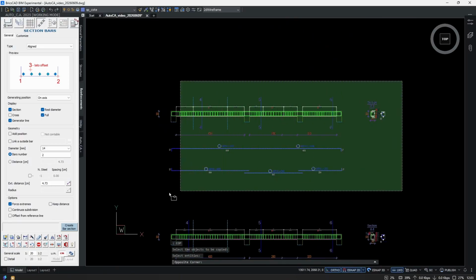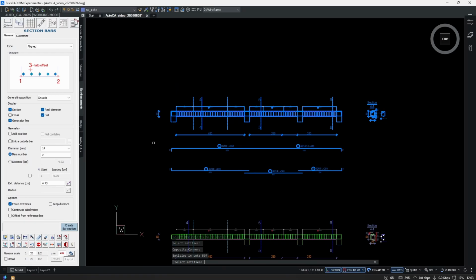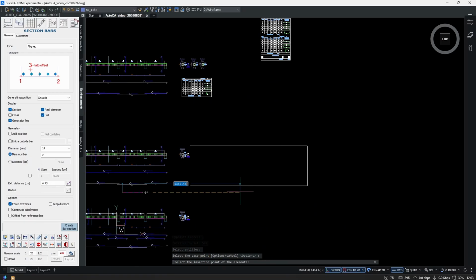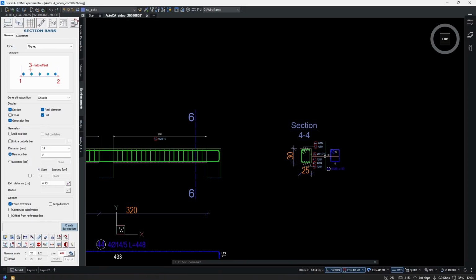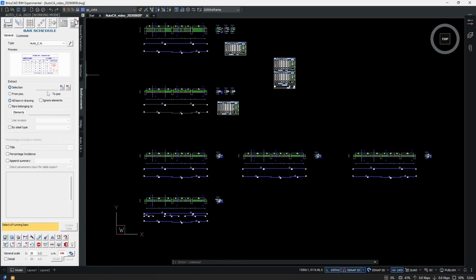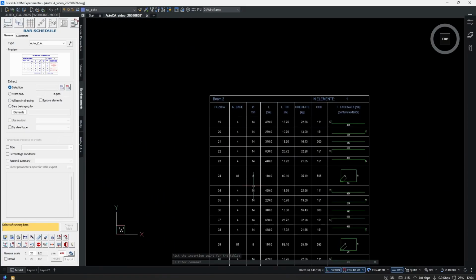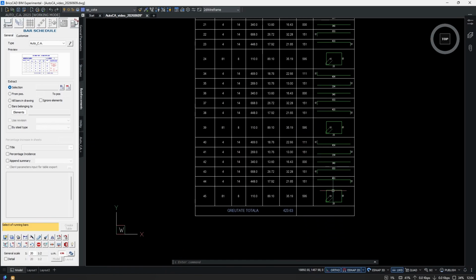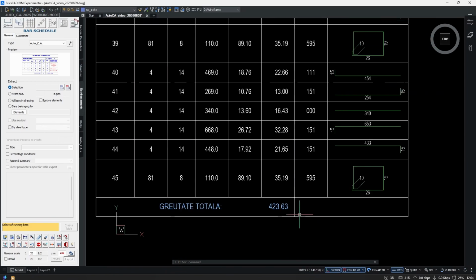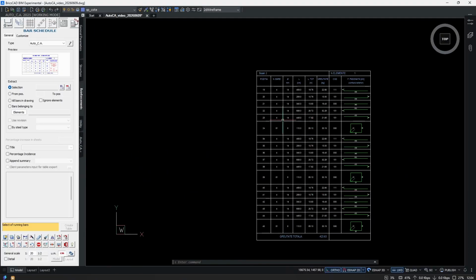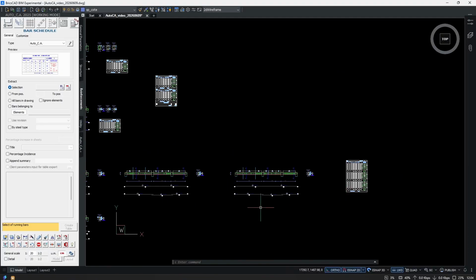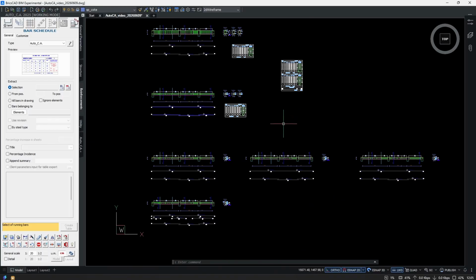I'm going to assume that we have multiple beams with exactly the same dimensions. So I have 3 beams with the same dimensions. If I create a bar schedule, I will see lots of bars with the same dimensions and the total weight. But if I don't want to see so many bars in the list, we can do grouping in 2 different